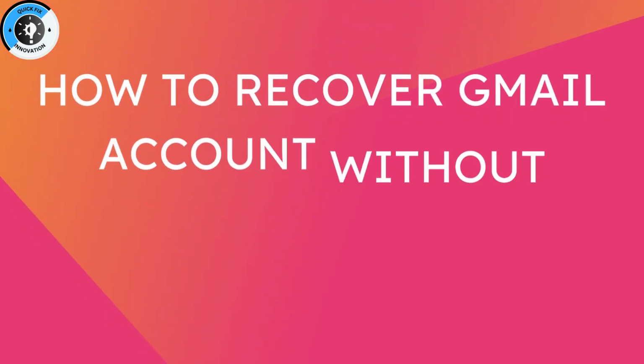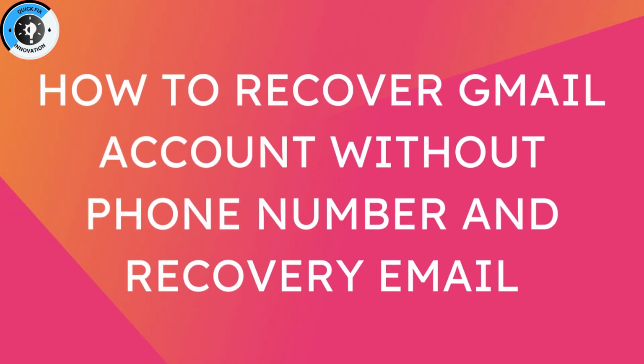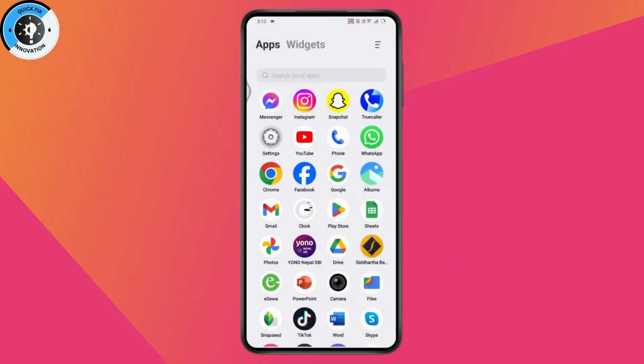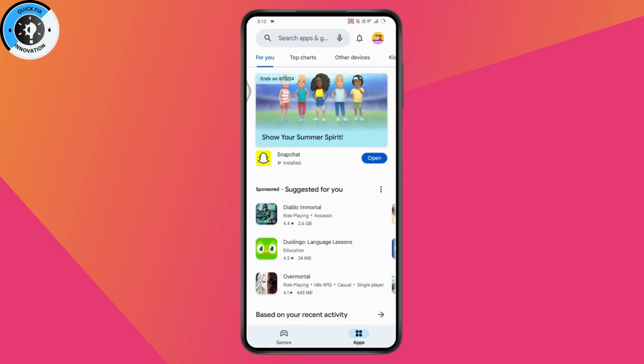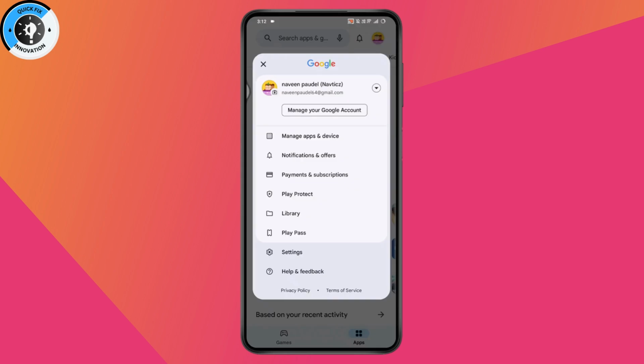How to recover Gmail account without phone number and recovery email. So if you want to recover your Gmail account without the phone number and recovery email, then what you need to do is first open up your Play Store. Once you open up your Play Store, now go for the profile option, which is on the upper right side,